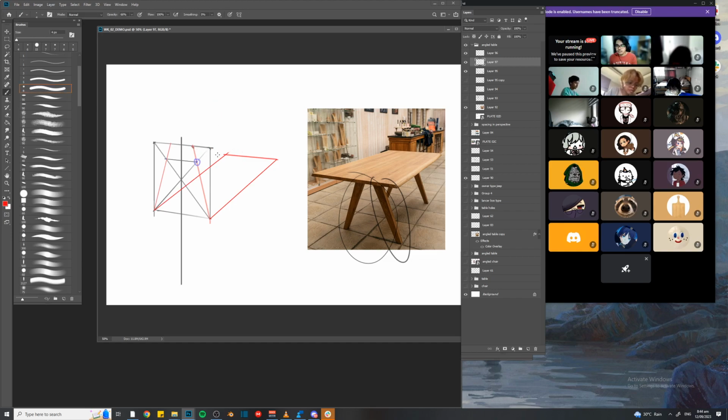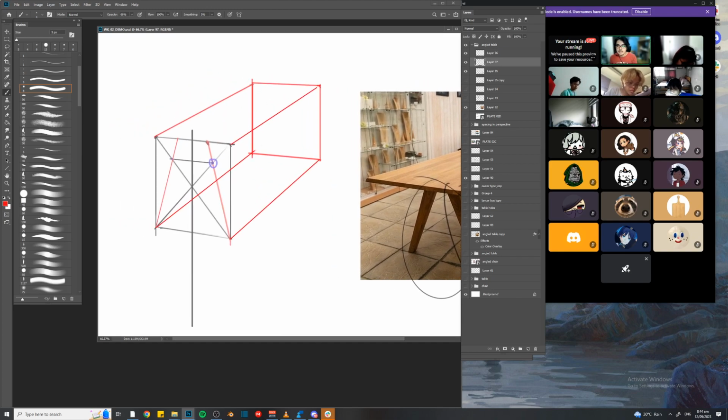Okay, so from here, we could establish the same cube by projecting it to the other side, like so, and then here, and like this, oops, like that. Then from here, we're gonna slice it into two again, using the X method, like that. And then from here, we could project the same points that we have from the first pair, like this,